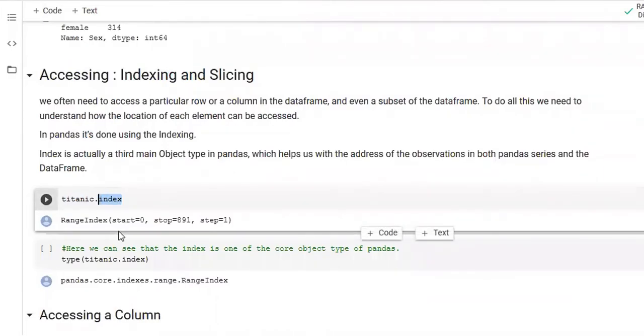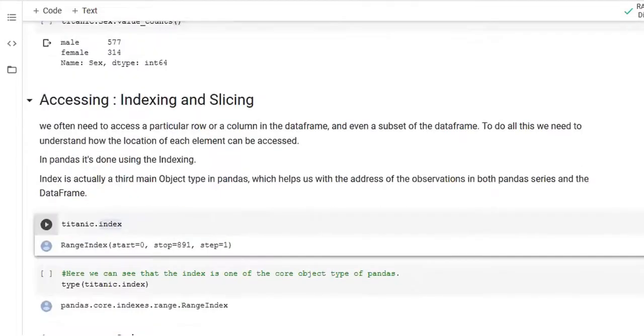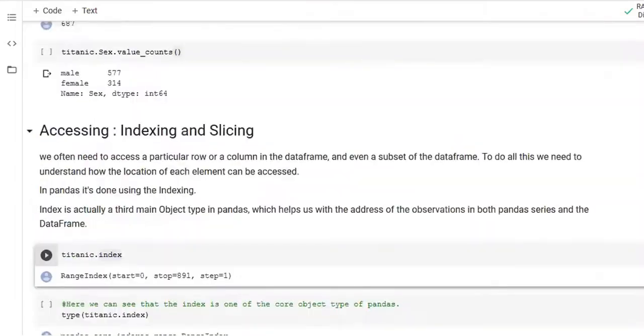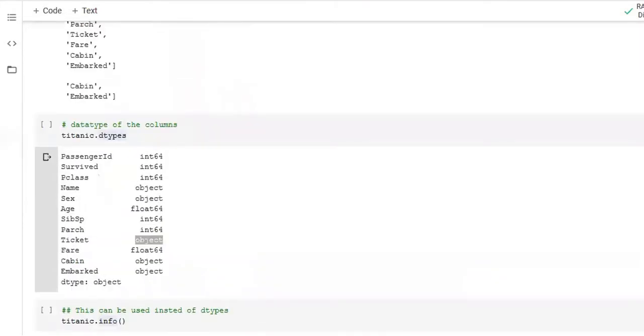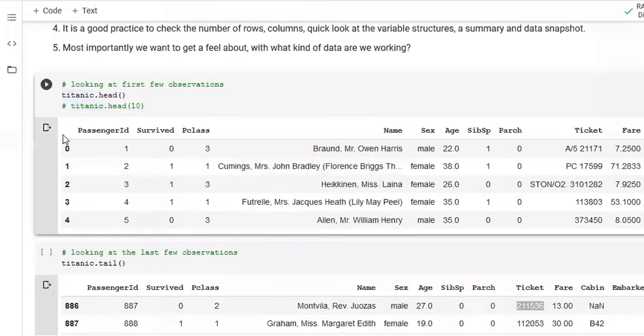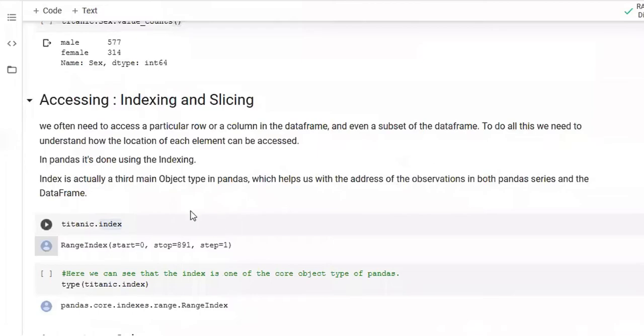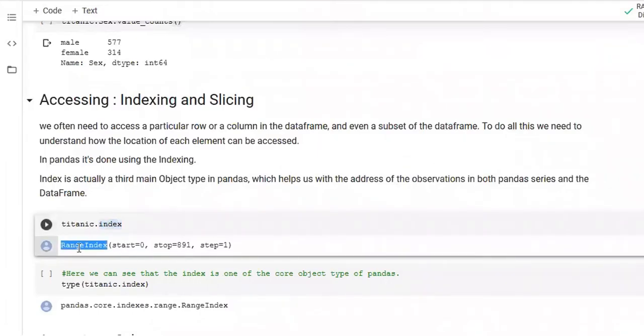It's the index column. As I said earlier, when we created this Titanic data frame here, there is one column here which is empty. This is actually the index column, which is being called using dot index. So index is basically a range index. It's a special property column.